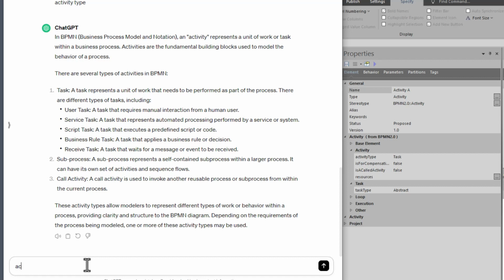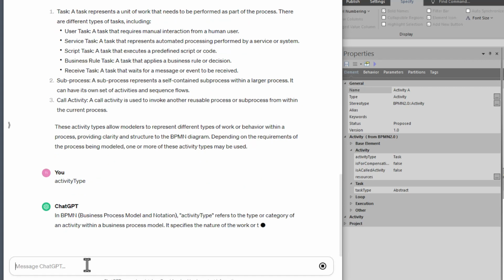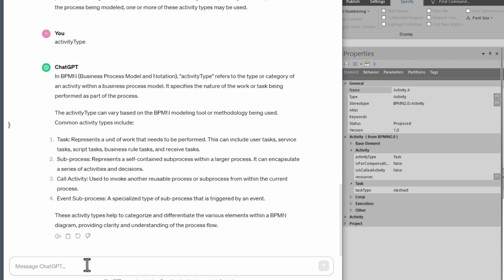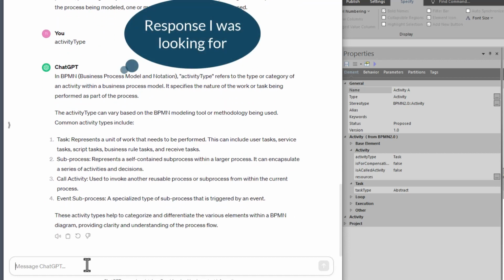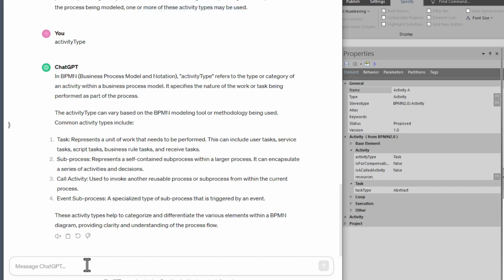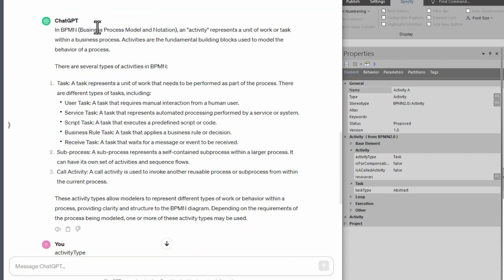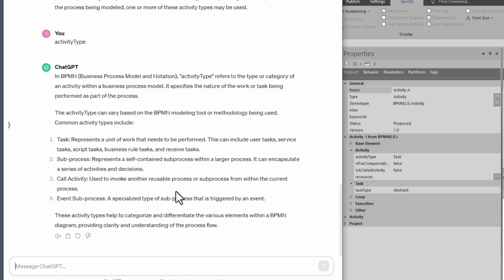So let's see if we get a different response if we just do something like this in camel case, see if we get a different response than we have above, right? So there it is giving us a different response around activity type as a category within BPMN. And this response I certainly would take. So there's some examples of how to use it. I normally, when I'm asking questions and it's dipping through its world knowledge, it looks at the type as it's defined either